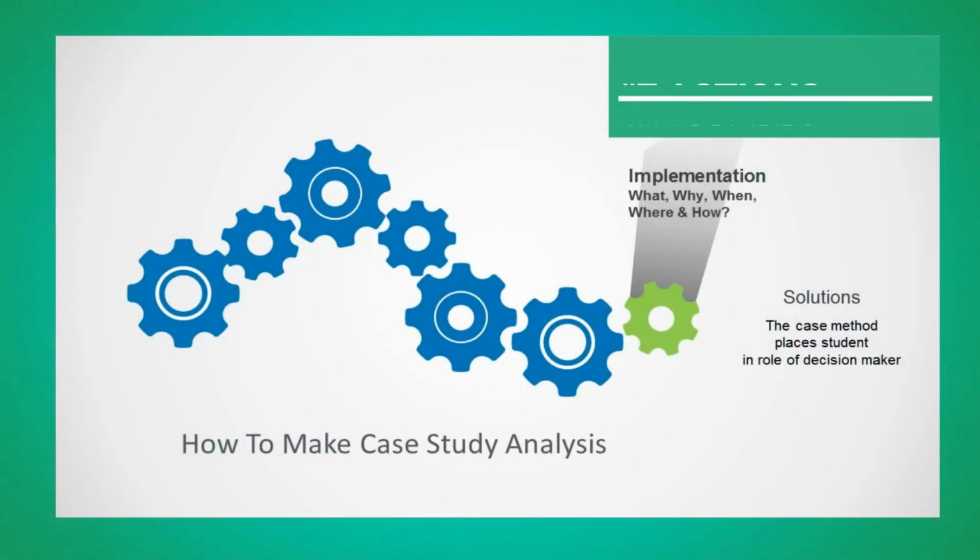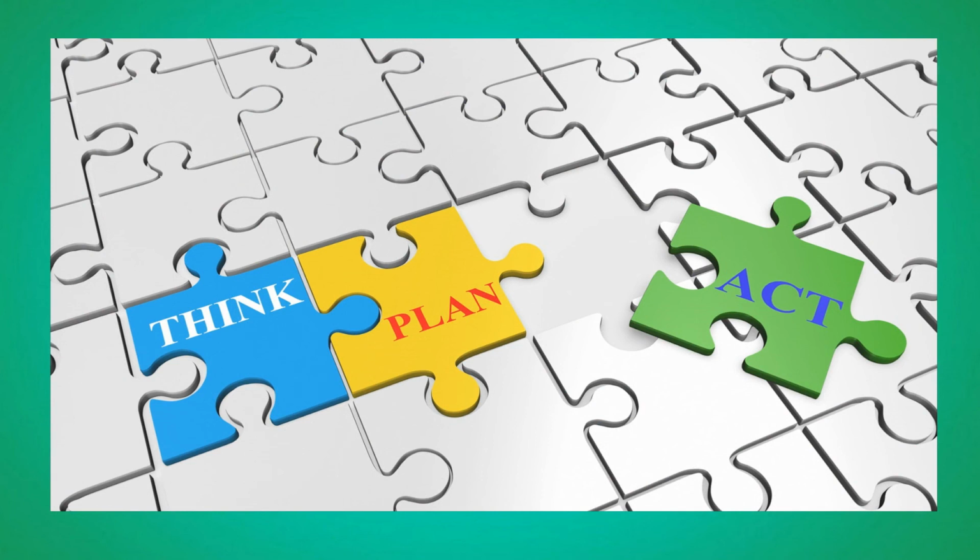The final, and most important step when making a case analysis is defining the required action, and how the organization will successfully implement that action. As we all learned in the change management drill, implementing change is one of the most difficult challenges faced by all managers. Therefore, implementation needs to be forever on your mind when doing a case study. At the end of the case analysis, one should also include a short summary. This summary will draw conclusions on what has been decided, why, and how a resolution to the problem will be successfully achieved. I hope that now you have a better understanding of the 7 steps required to make a case analysis,